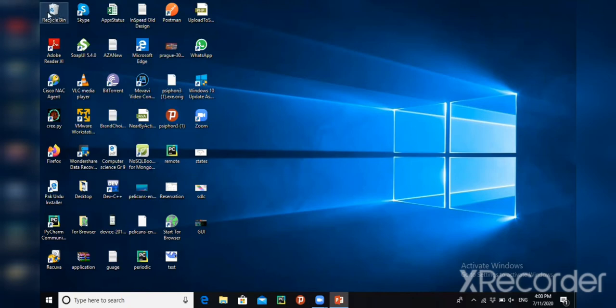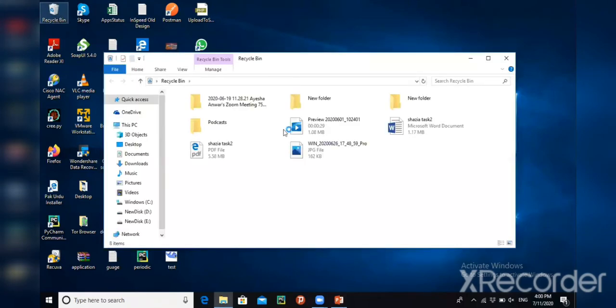If you see carefully, it is like a dustbin and its name is mentioned under it. If I am opening this recycle bin, you can see that there are some files in the recycle bin. If I want to delete those files, I will empty the recycle bin. For example, this is the recycle bin, and if I don't need these files from now